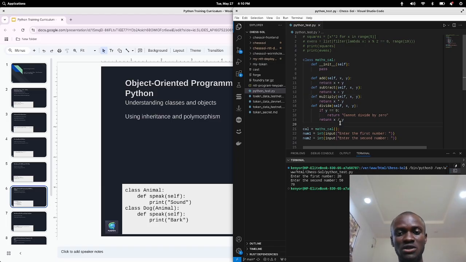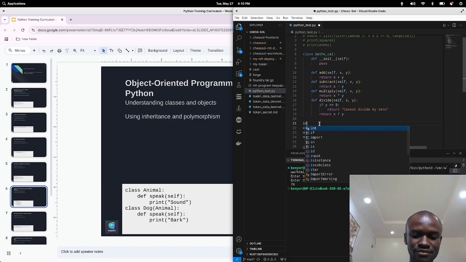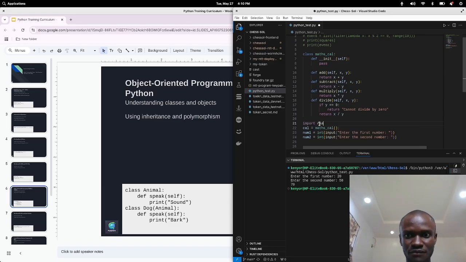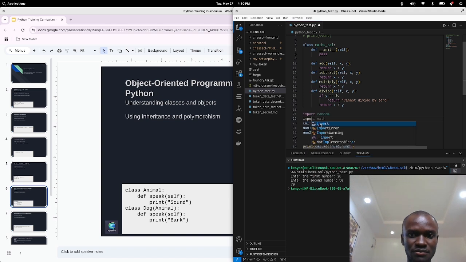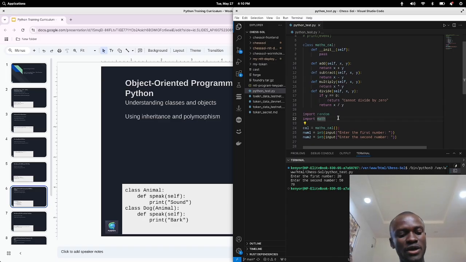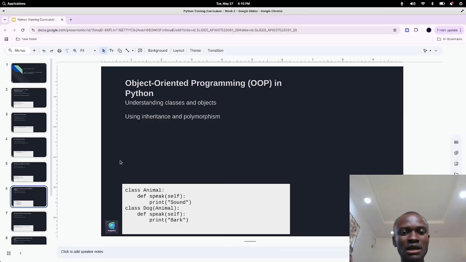There are default libraries or packages that come with Python. One of them is the default random. Random is a very good guy. He's always there. Math is also always there. That contains similar functions and methods to what we have done here. Sometimes I'm using the word method and functions interchangeably, but they're not actually the same thing, but they are very